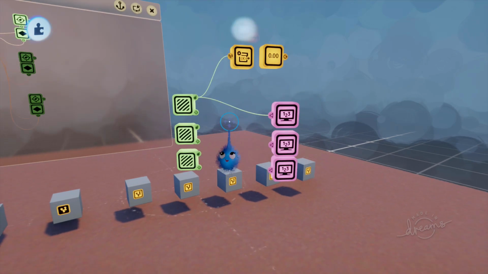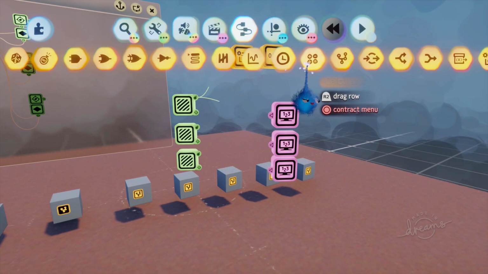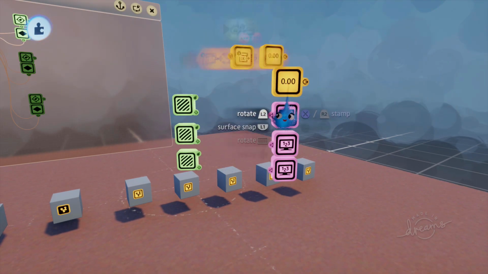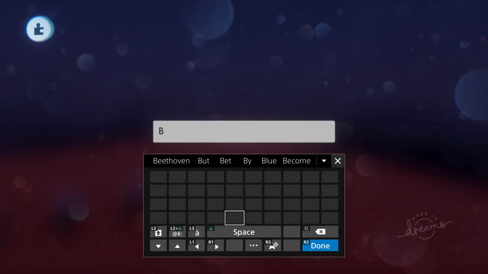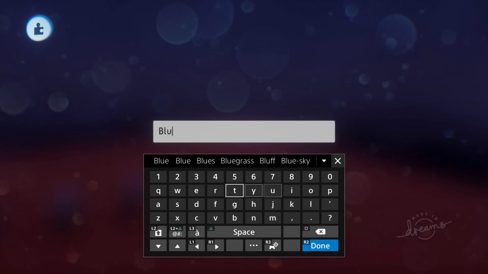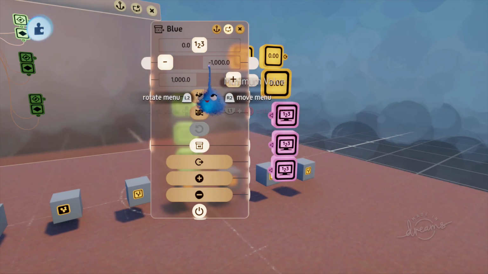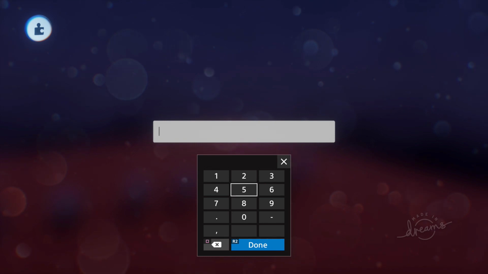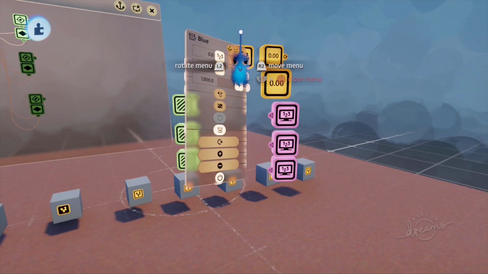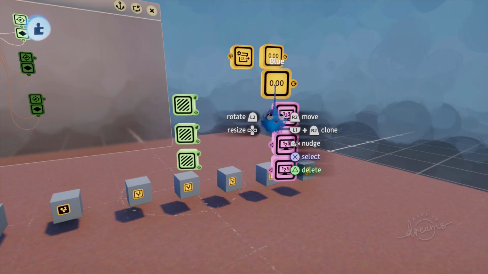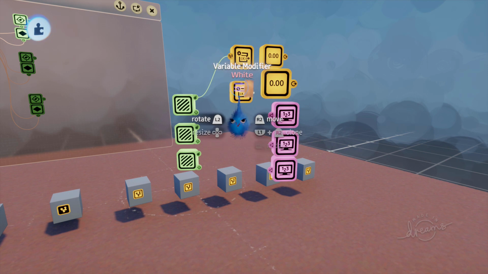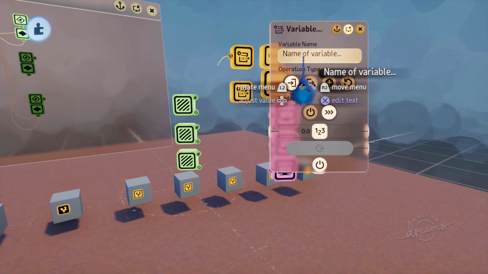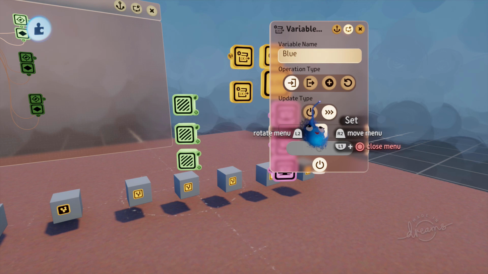So we put in a variable. We're going to call it blue. We'll set that to 0. At the moment that's set to 1,000 maximum, but you set that to whatever the maximum you want it to be. We're going to put down a variable modifier, and we can change that to blue, set,